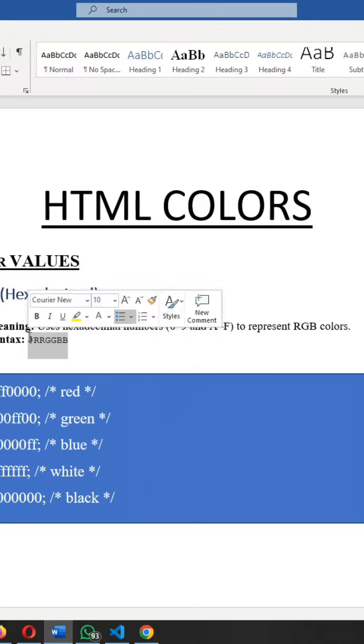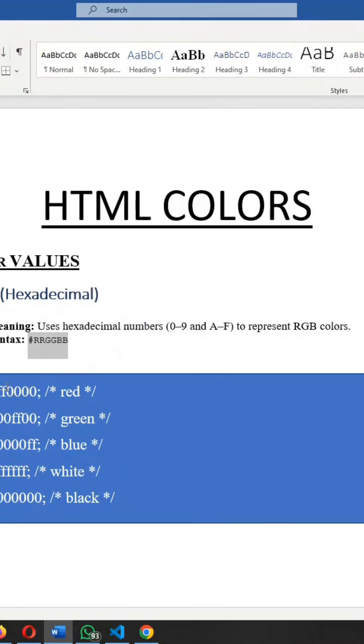So still using our RGB, for it to be complete, for it to be up to six, each will have to come twice. R will come twice, G will come twice, then B will also come twice. So that's RGB. Good. So then we are going to have our FF, our 00, then our